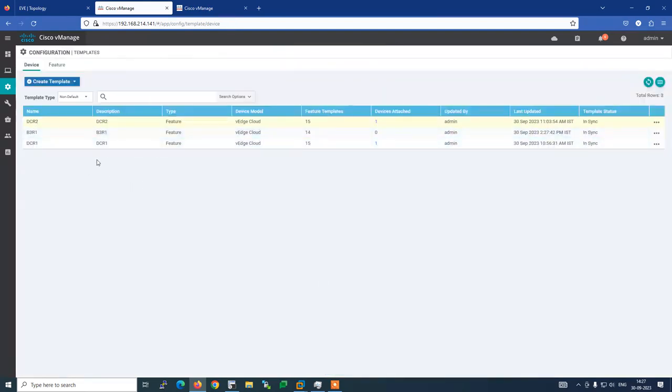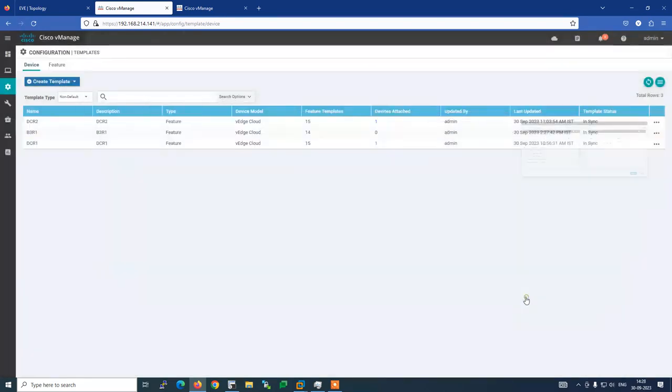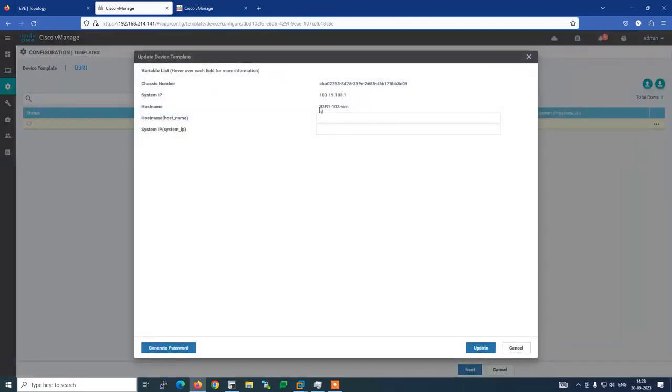Now we have to attach this template to the device. So we can add from here, go to attach device, select V3R1. This is the V3R1. Go to here, attach. Now here in the primary stage we have to change some specific values like system IP and host name. So just copy here, paste,